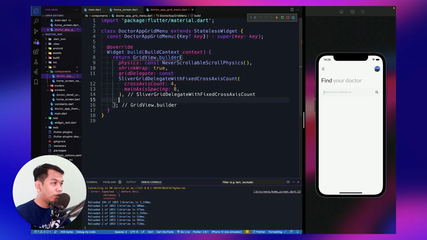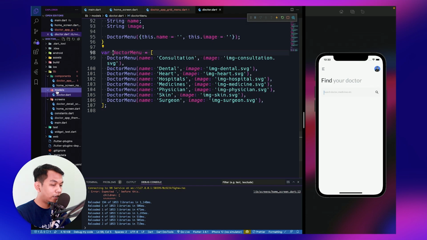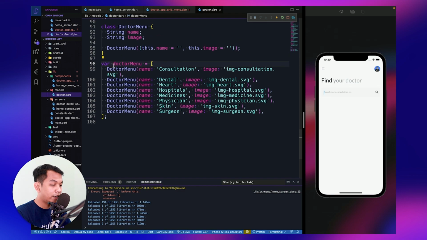And below our gridDelegate, we say padding, and for the padding, we say 0. And for the itemCount, we say doctorMenu.length, which is from our model. This is inside our models folder, in doctor.dart, where I have created dummy data, which is this doctorMenu, which has this menu.